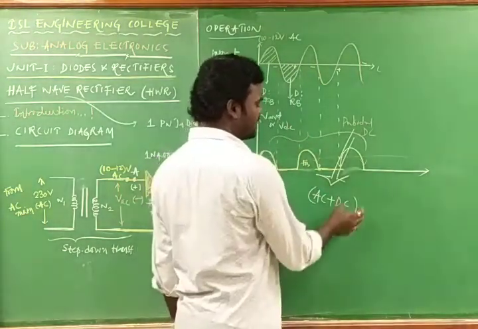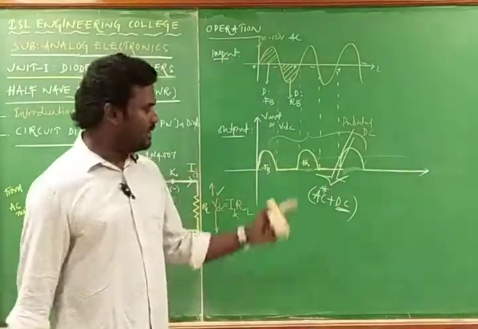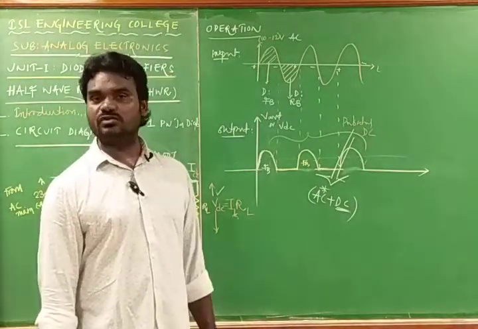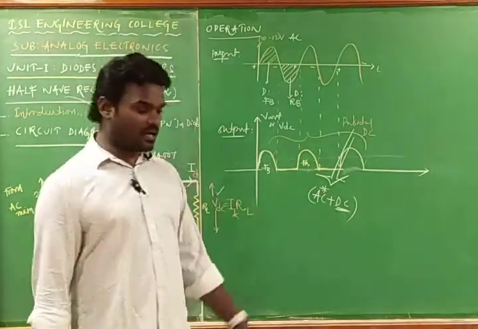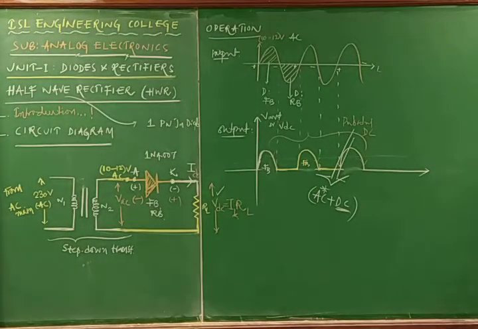That means our intention is to get the DC, but along with the DC we have been getting some content of AC, and that content has to be removed by making use of a circuit called a filter. By making use of filters, this AC can be removed. That filter circuit can be designed with two components, inductor and capacitor. Inductors and capacitors are the passive elements used in the filter circuit in removing the unwanted content of AC from the pulsating DC, such that we can get pure DC as the output from the rectifier.